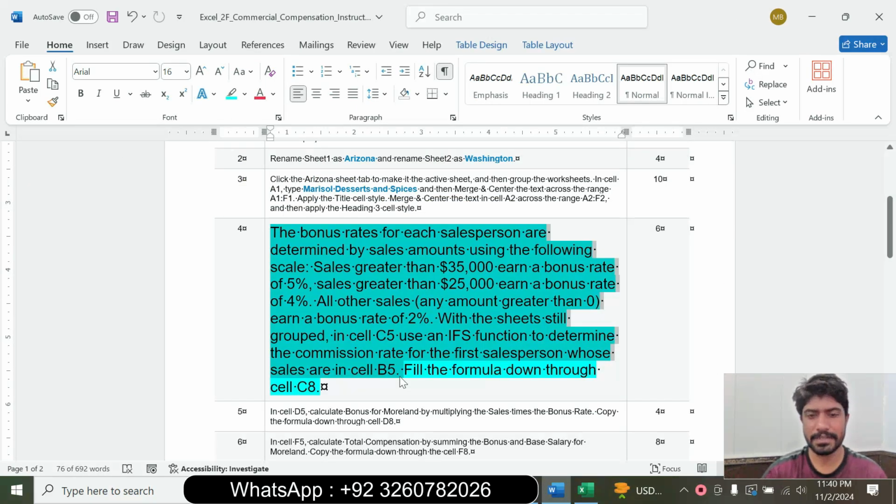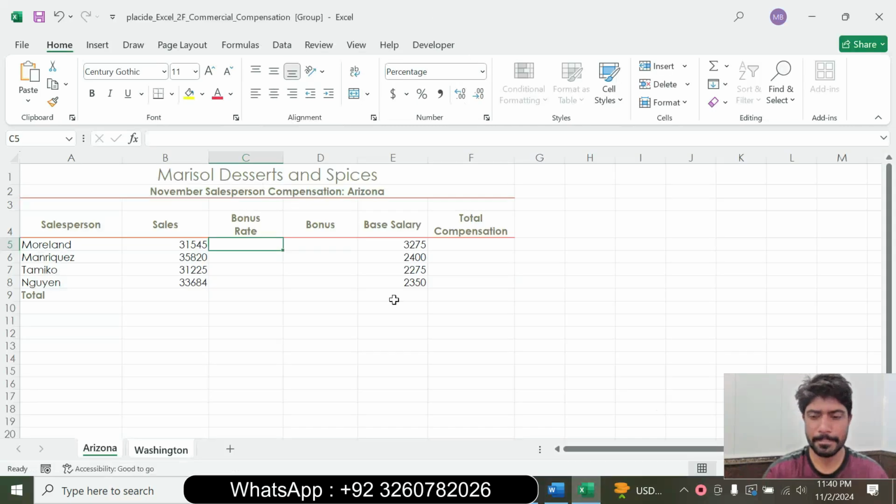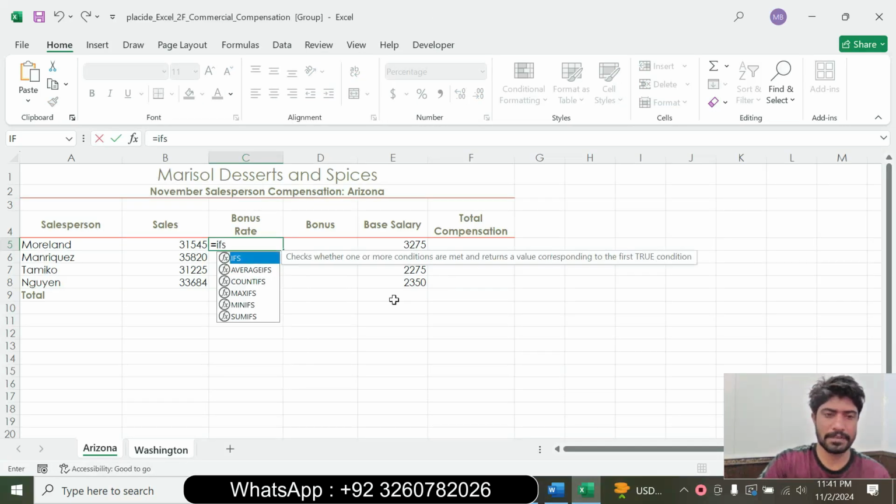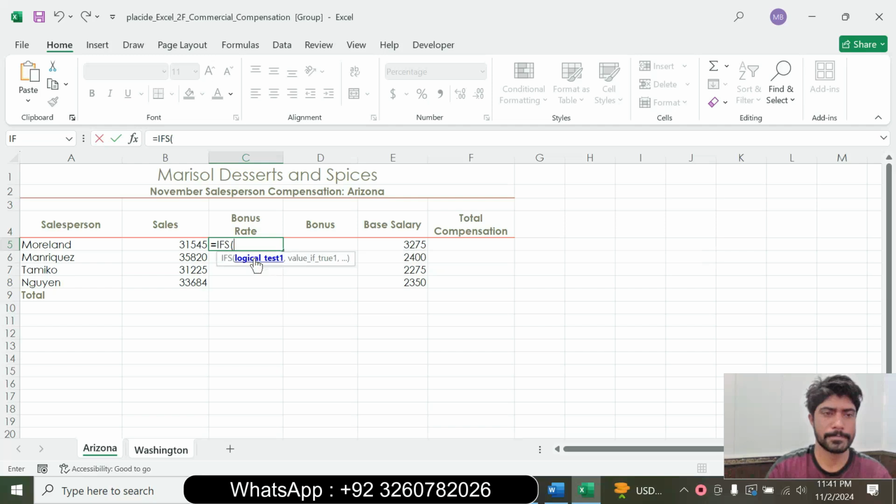Insert the IF function. Type equal to, type the IF function, and select cell B5 greater than 35,000, comma,